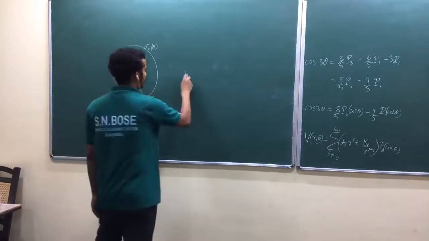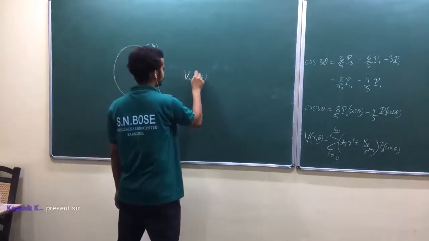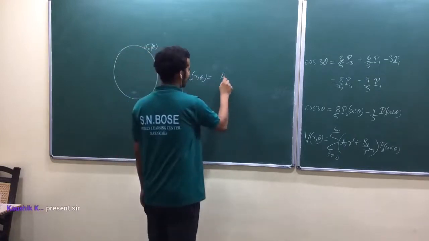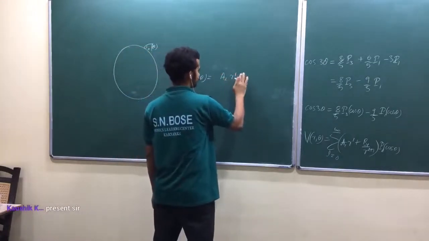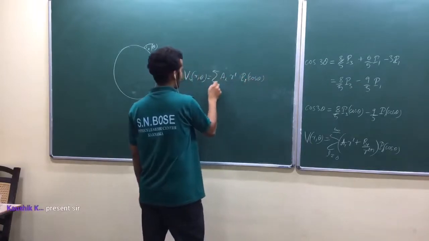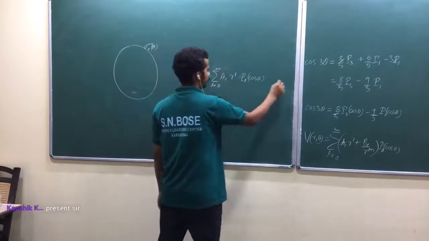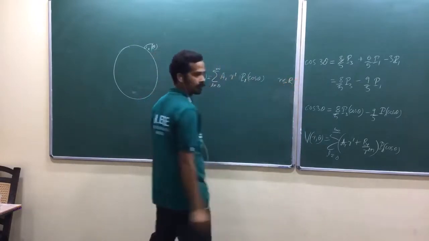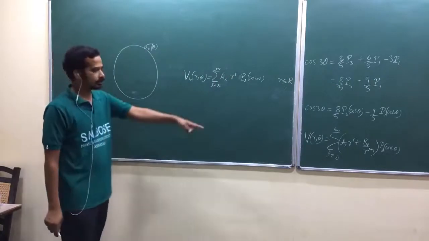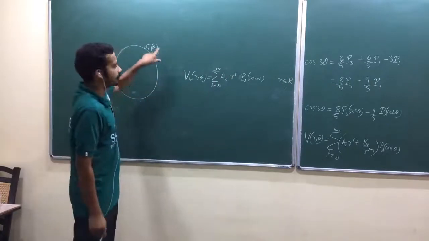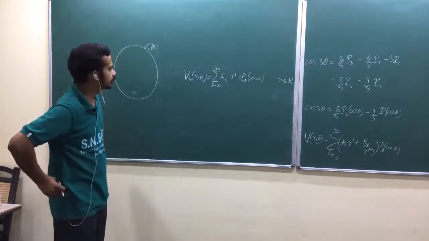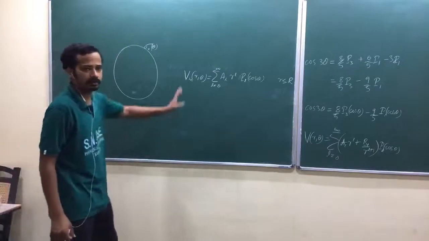How do you start? Again, potential inside. So from that formula, inside potential should not have B_l, am I right? A_l. Speak out. Isn't it? For r less than or equal to R. Isn't it? So that is the solution, isn't it? It depends only on theta, so again azimuthal symmetry. Is that okay? If potential depends only on r and theta, we already know the solution.